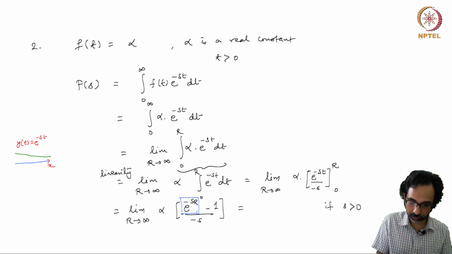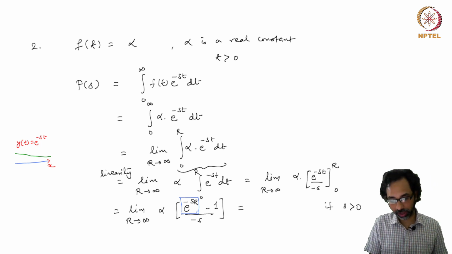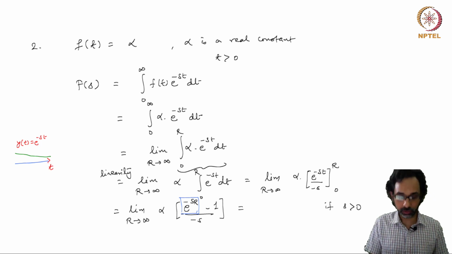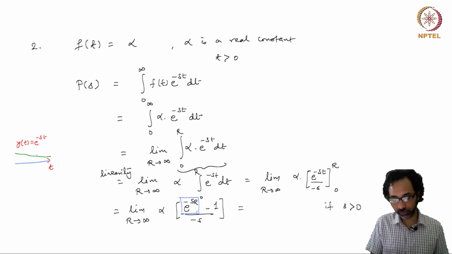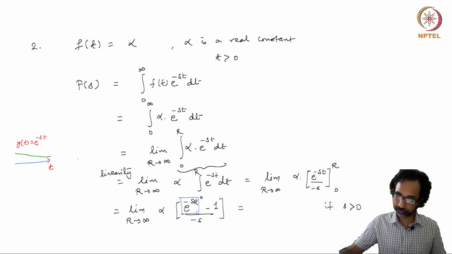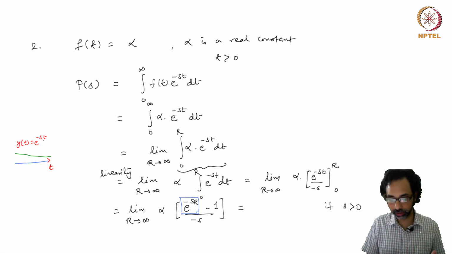This is x, this is y. And when y is equal to 0, it is 1. When x equal to 0, this is t. When t equal to 0, this is 1. And as t goes to infinity, it approaches 0. Okay. So it's helpful to keep these pictures in mind when you think about exponential function.